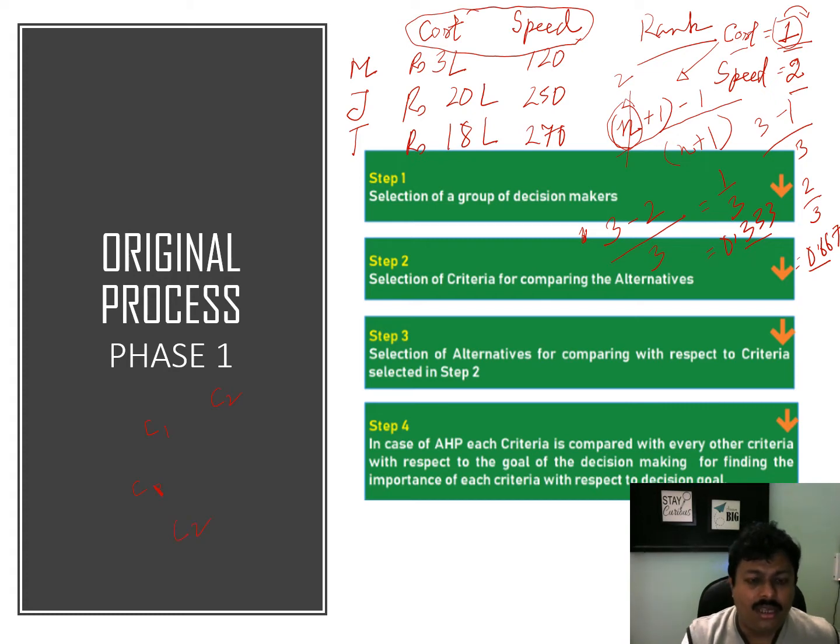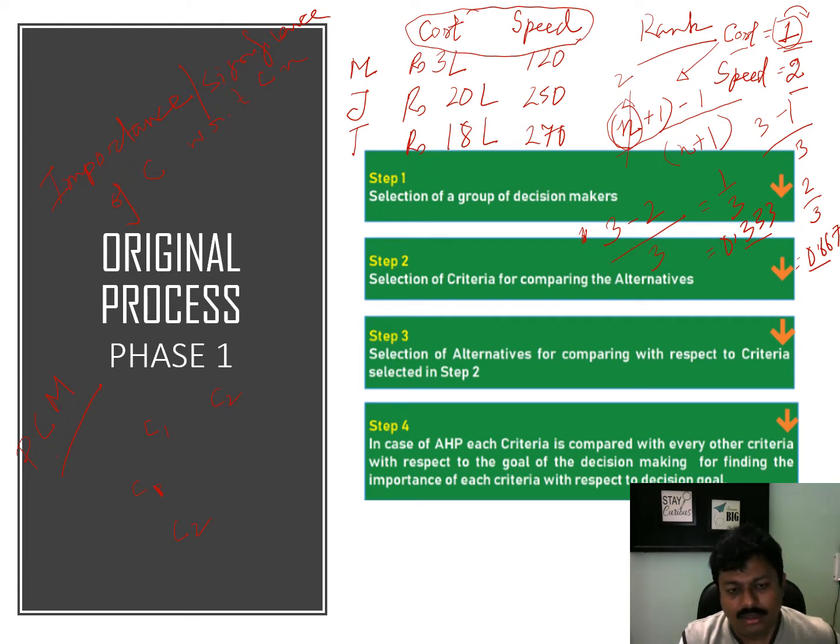Compare each of the criteria, or rather I will say compare the importance or significance of each criteria with respect to the other criteria. So this is also known as pairwise comparison matrix or PCM, where we compare the importance of criteria with each other. Now, for example, when I compare the criteria of C1